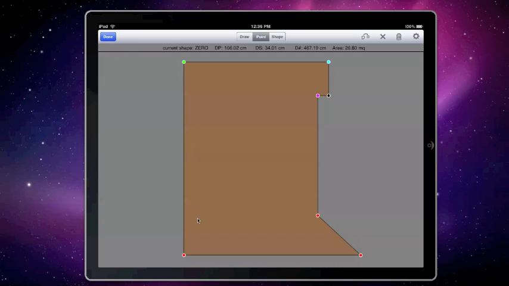You can move the reference point around. You can change the reference point just by double tapping. I mean, you go with two fingers and you tap wherever you need to put the second point. So let's go here, for example. I tap here. You see the reference point is here. So you've got this linear distance. This will be very useful. I will show you when later on. And area is the surface of the shape. So 26